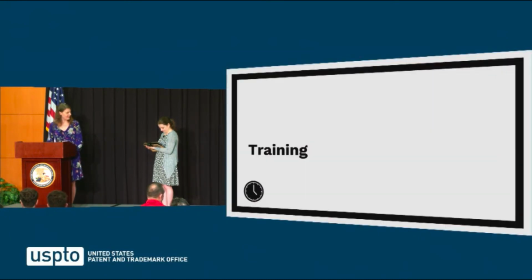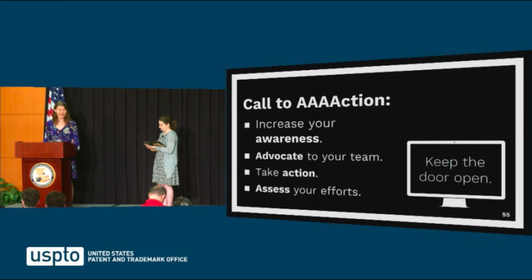And the final topic here is training. We're almost there. With training, this is one that doesn't necessarily apply to everyone, but you want to make sure that there's a chance for people with disabilities to be trained on your software if needed. And for public companies that maybe don't have that level of training for their users, you can think about your support teams. Make sure your support team knows how to support users with disabilities if they come to you with questions or concerns.